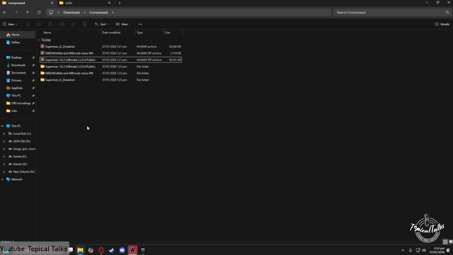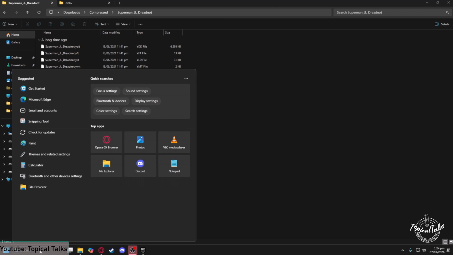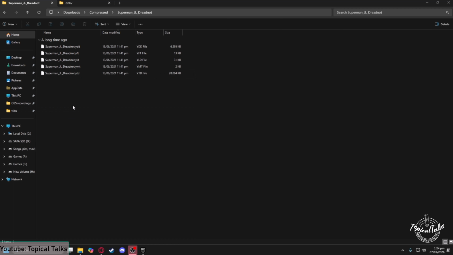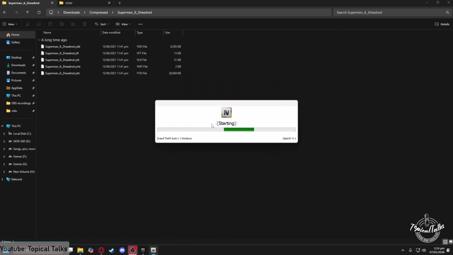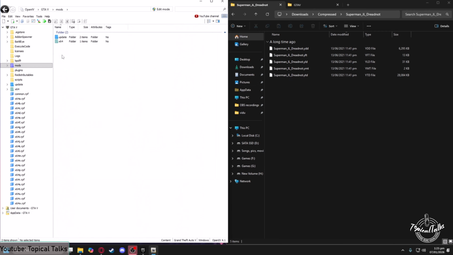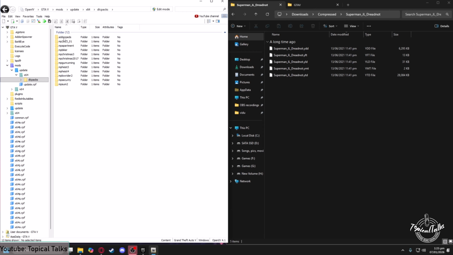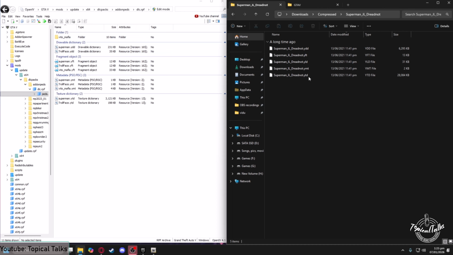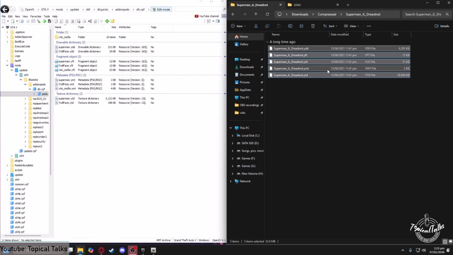So firstly, we will install the model of our Superman. In order to do that, we'll need OpenIV. So you should have that installed on your computer if you are trying to mod GTA 5. After OpenIV opens, all you need to do is head into the mods folder, then update, x64, DLC pack, select add-on peds which should be installed, then head to dlc.rpf, then peds. In here you will just need to copy every one of these files